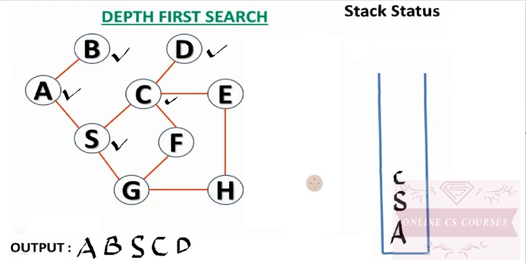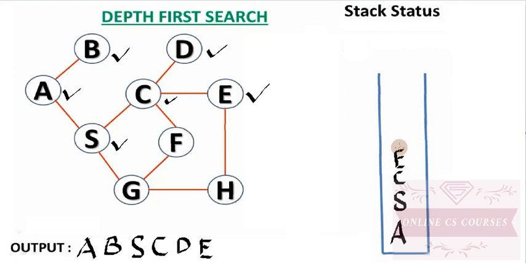So there are two adjacent unvisited vertices with C, which are E and F. तो C के साथ जो adjacent unvisited vertices है वो है E and F. So alphabetically हमने E को ले लेना है, ठीक है, और हमने E को यहाँ पे राइट करना है आउटपुट सीक्वेंस में और इसको यहाँ पे स्टेक में हमने पुश करना है and mark it as a visited vertex.